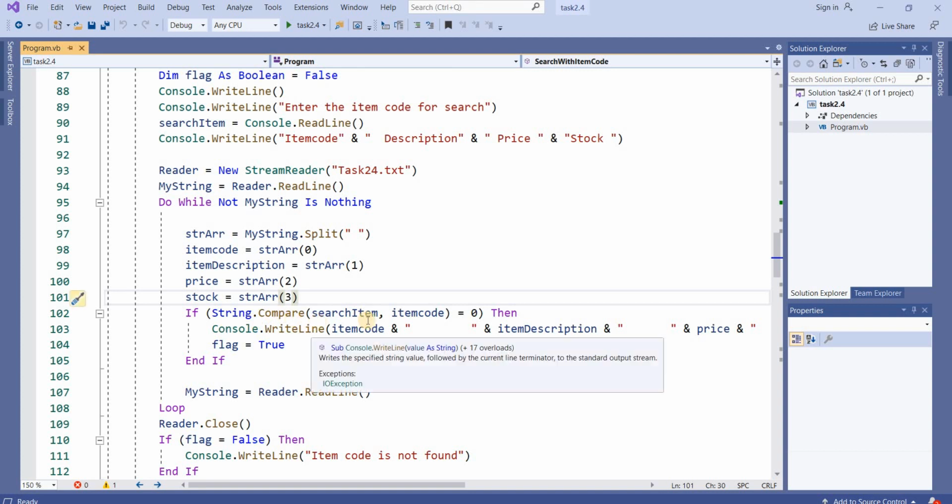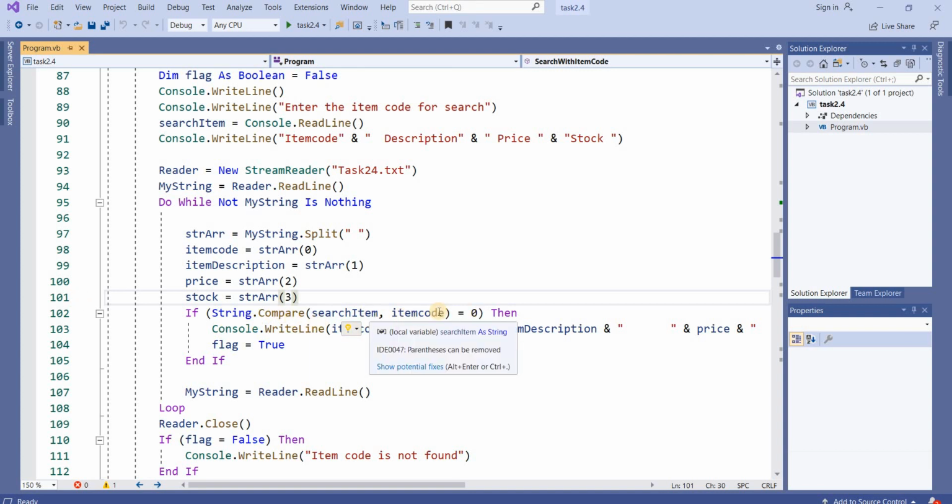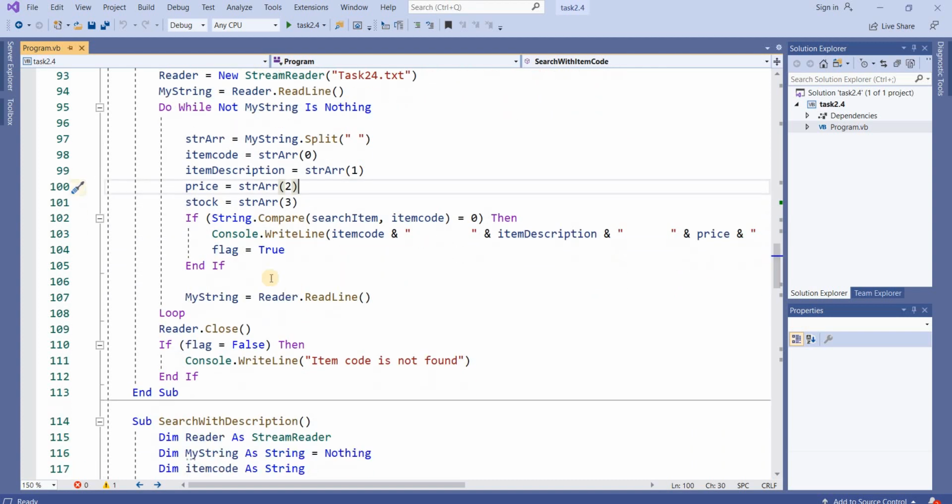If string.Compare search item, search code equals 0, meaning if my search item or item code matches, then you will display the item code, item description and price, and set flag equal to true, which shows the searching key has been found. Then my string equals ReadLine, and it reads the next line.